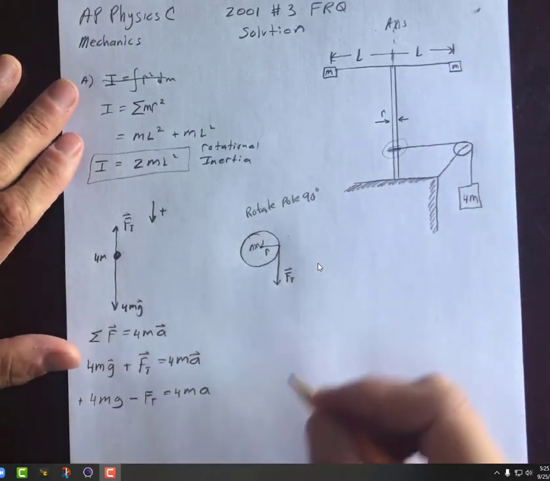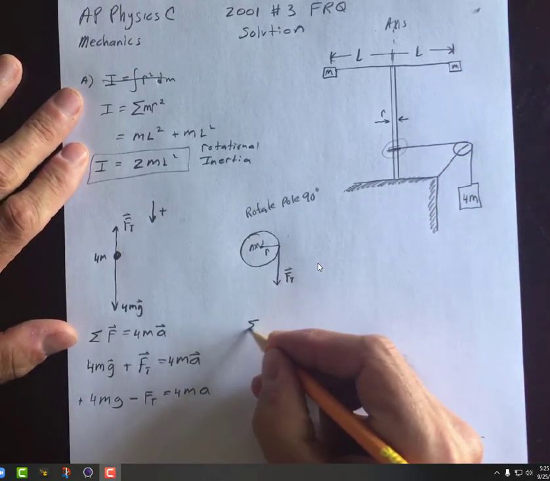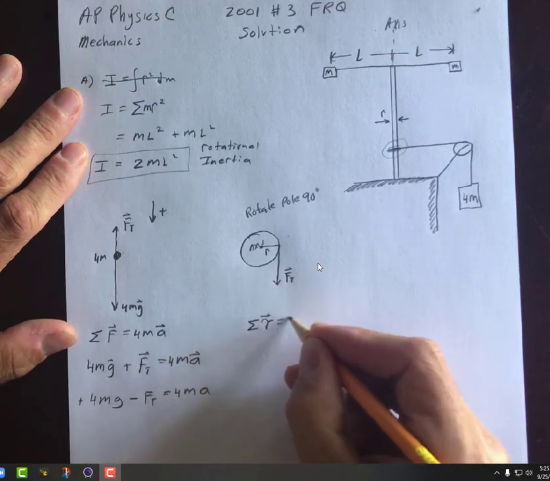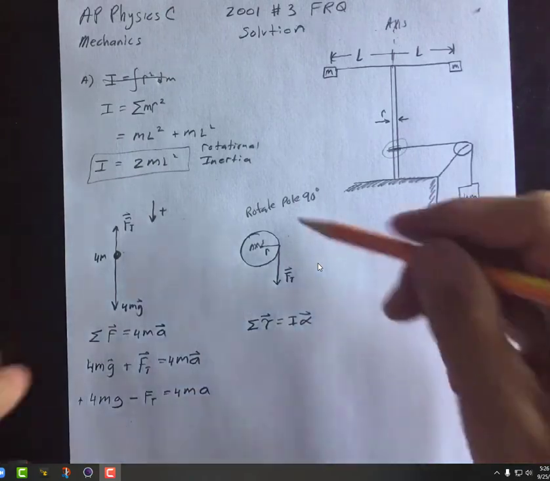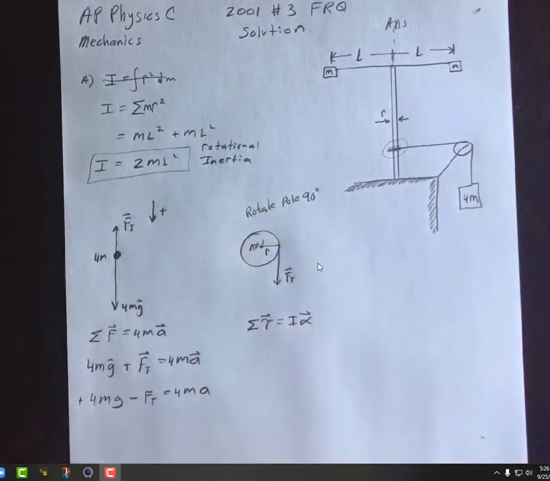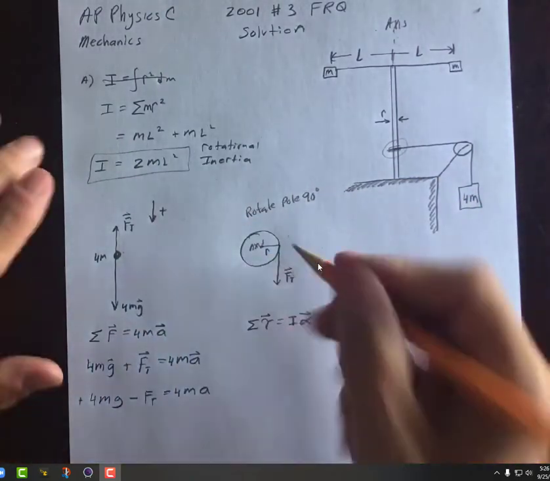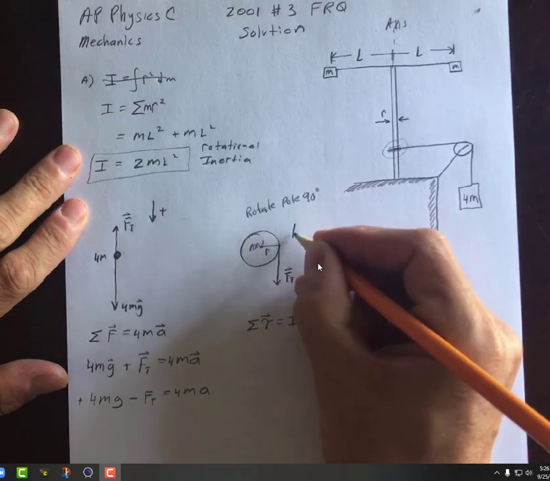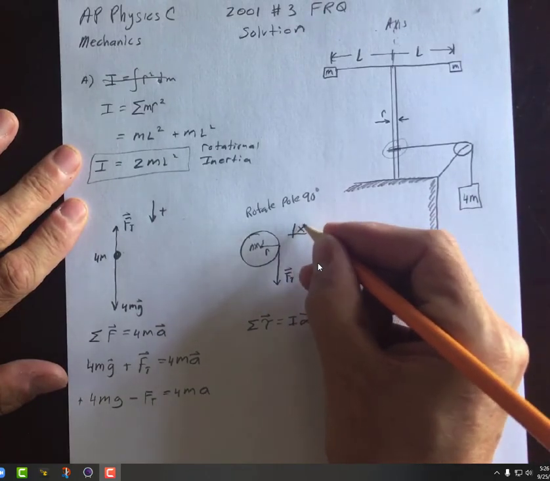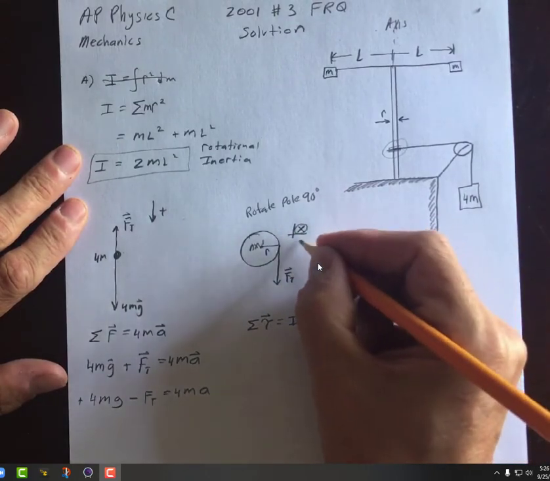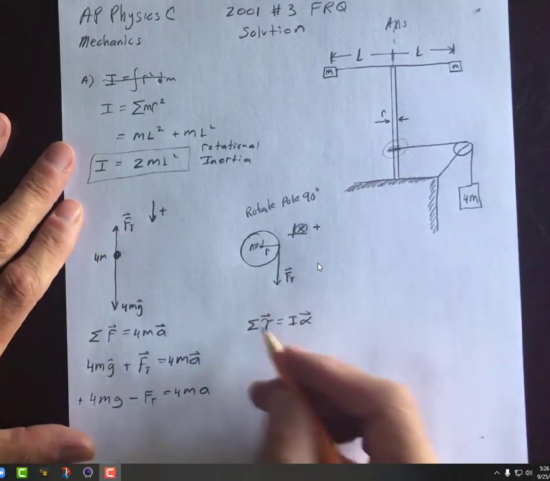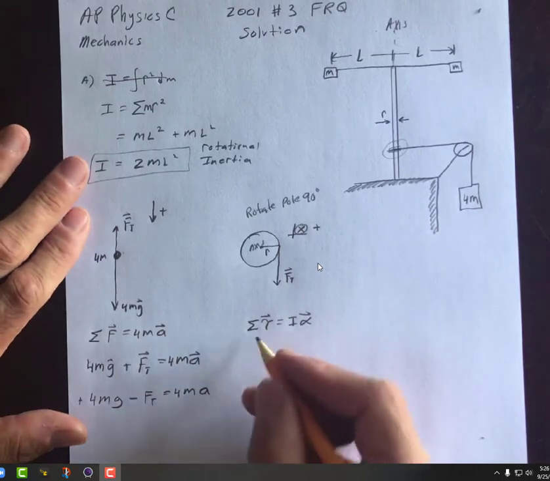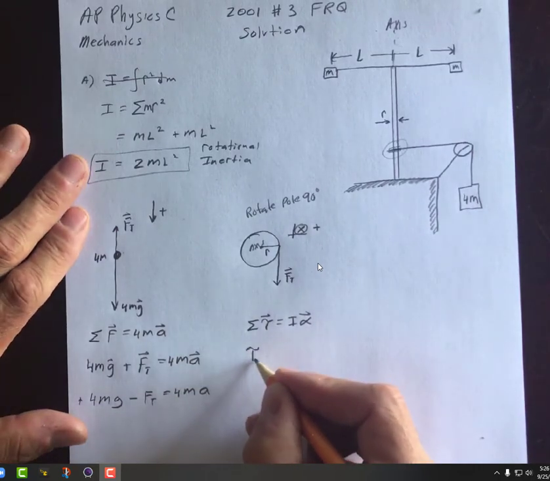So I'm going to sum up those torques, set them equal to I alpha. I want to choose a coordinate system that's consistent with positive angular acceleration. So I see the system's going to rotate into the page, and so that'll be my positive direction. And now I'm going to sum up this just single torque there. So it's the torque from the tension,